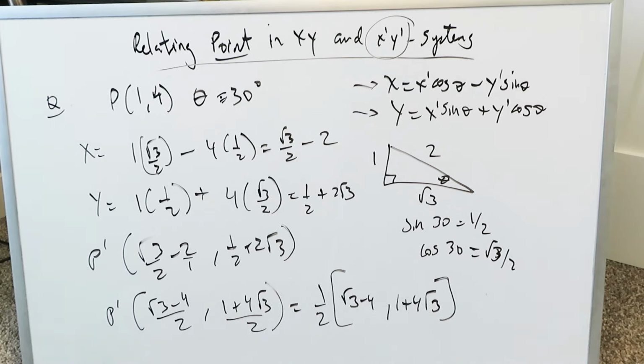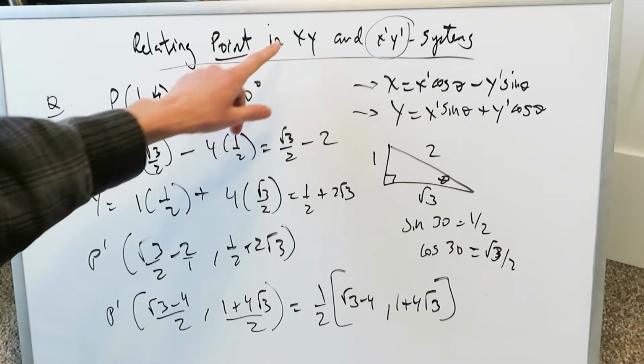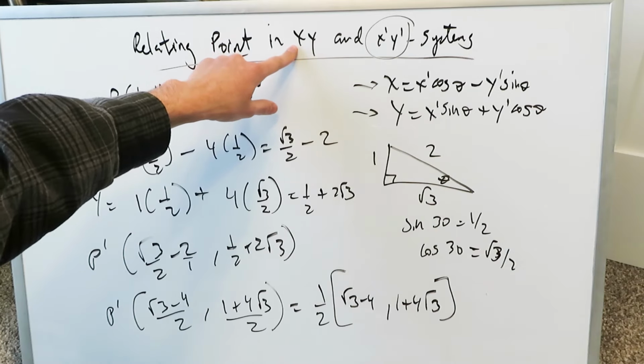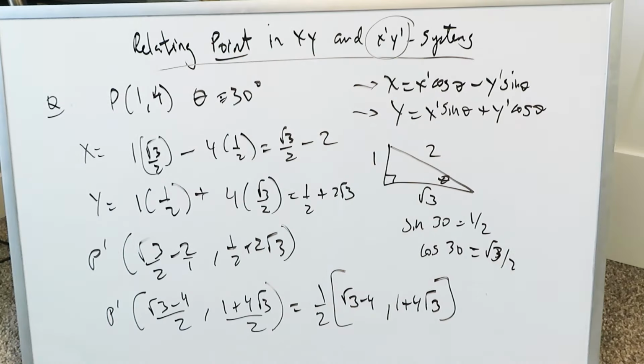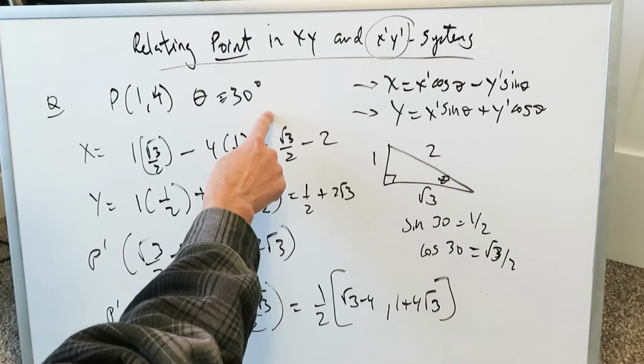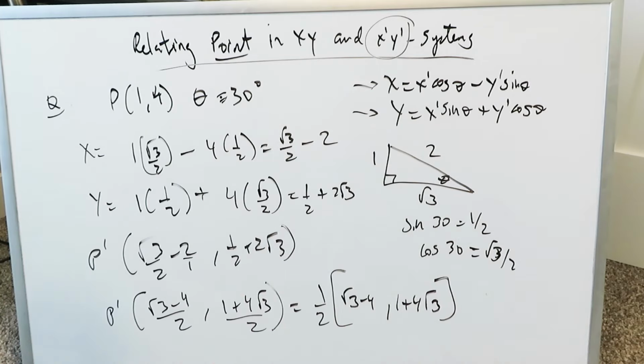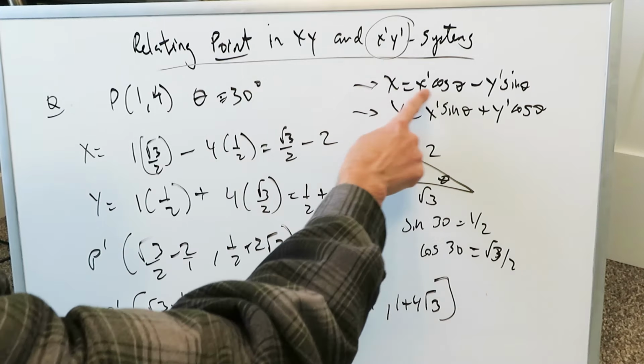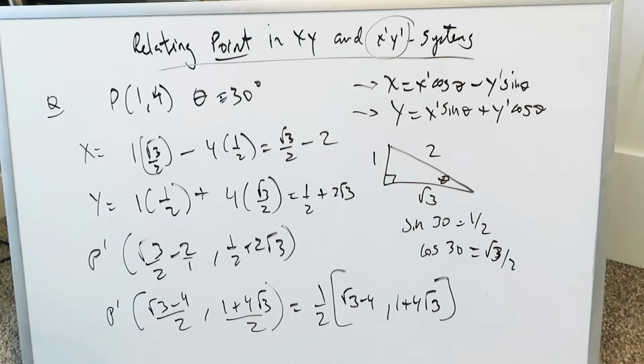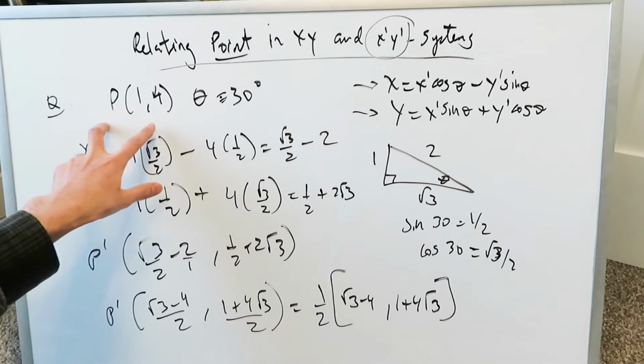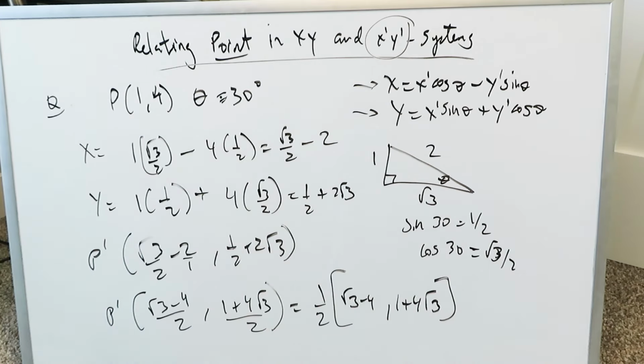So that's pretty much what I want to show you. The main point over here is you have a certain xy system, and then when you rotate the axis you end up in the x prime y prime system, and you can relate a point from either system, one to the other or the other back, by means of that certain rotation, and these are the substitutions which come into play. In all instances, remember the r value, the distance of that point in either system, never changes with regards